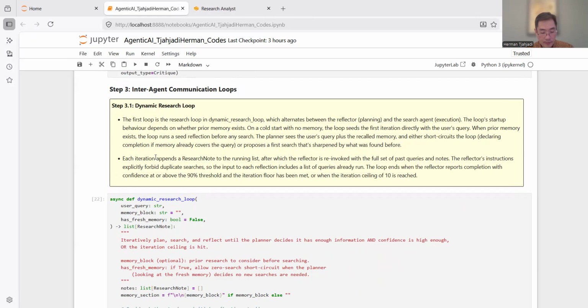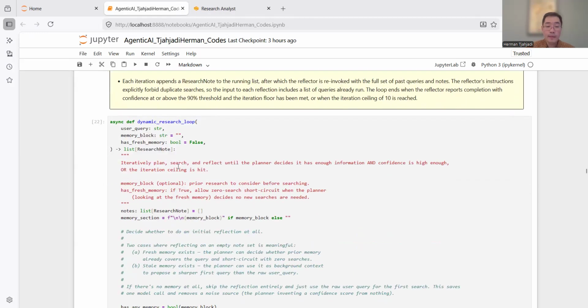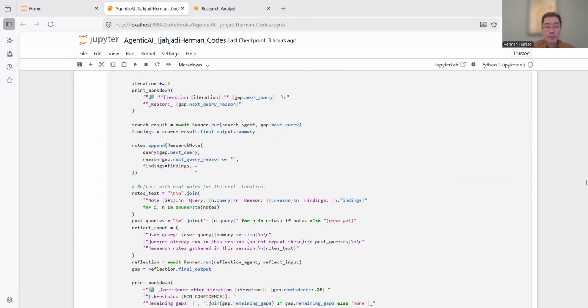Its iteration appends a research node to the running list, after which the reflector is reinvoked with the full set of past queries and nodes. The reflector instructions explicitly forbid duplicate searches. The loop ends when the reflector reports completion with confidence at or above the 90% threshold. Okay. And the second important loop is the